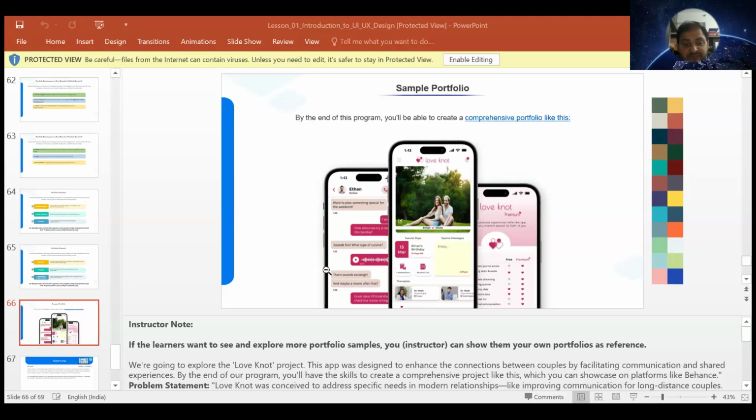The very first thing, as I told you, is the problem statement. There is no need to take much of a load right now. You all will be able to design the same portfolio after 3 to 4 months. At the end of the journey you will be able to. So first, you see there is a problem statement, and based upon this problem statement they have given